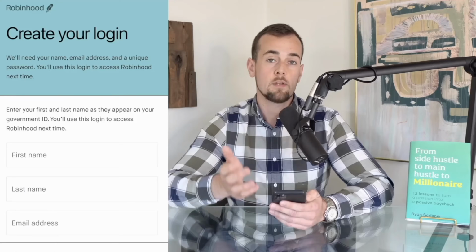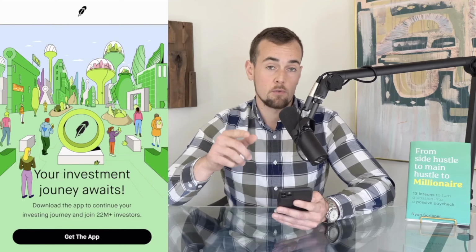Let's start by covering how to actually open a Robinhood account. In my last tutorial, we did this from scratch with a brand new account, but here's an overview of the steps involved. First, you'll want to visit